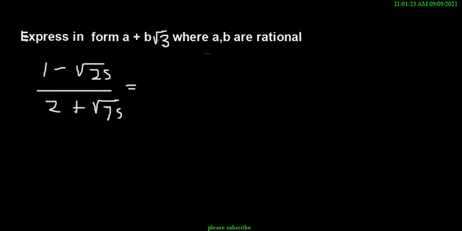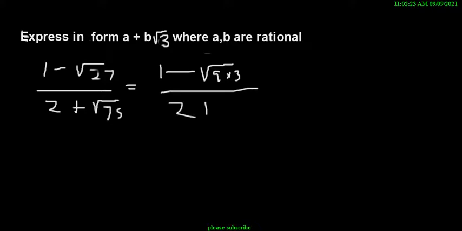So just try to find what would go into this. 3 into 27, yes, that is 9. So we're going to have 9 times 3, everything over 2 plus,